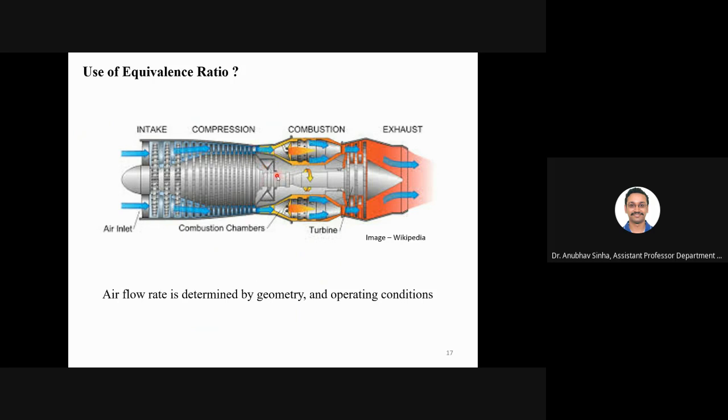Once we fix all that and we know the operating conditions, then we know how much air will be flowing through it for a particular condition. Based on that, we need to decide how much fuel has to flow, because air is fixed by operating conditions and geometry. So the fuel condition we need to specify using the equivalence ratio. What is the equivalence ratio we want? It will not be stoichiometric, it is generally very lean for this type of operation. So based on that we decide how to govern the fuel flow rate.